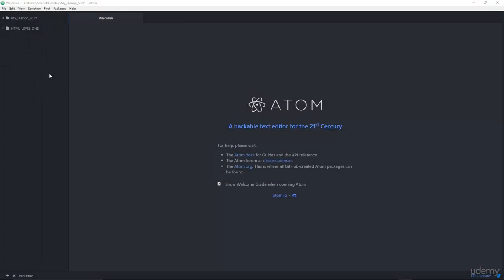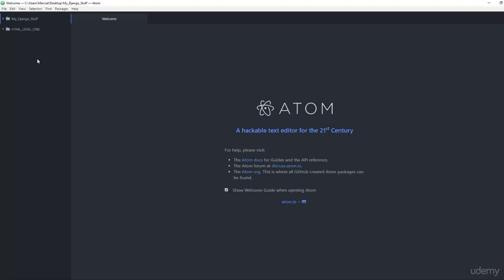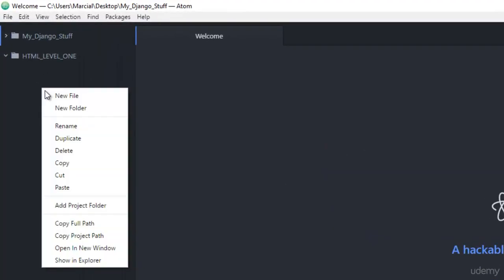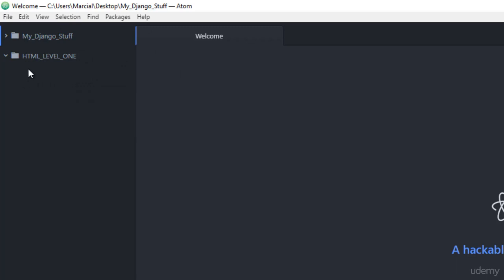As a quick note, you can either just code along and create new files in the project folders that are provided for you as a download to the course, or you can add your new project folders or new files as you go along. It's really up to you. You can always just right-click and click a new file, new folder, or just add a whole new project folder, so you can see a new folder over here. I've already created a project folder. I've called it